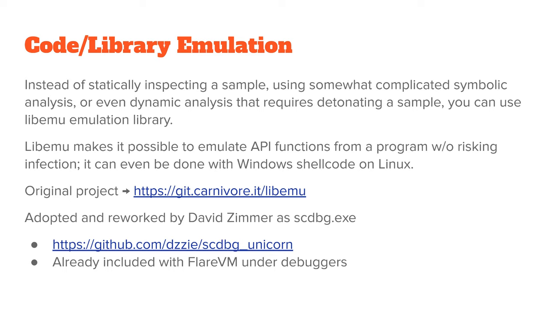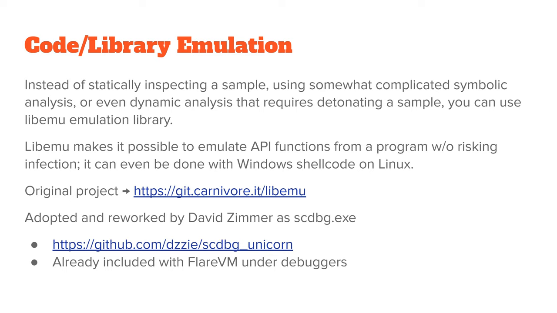So what it does is it just disassembles the binary, looks for function calls or API calls, takes the arguments for those calls, and then attempts to emulate the output. So it does it all without actually running it